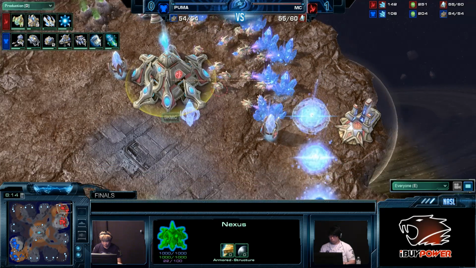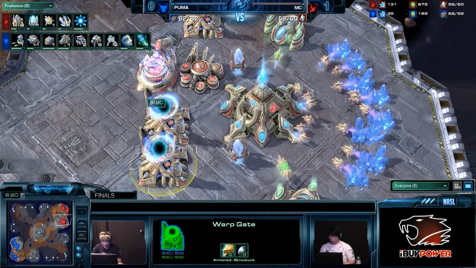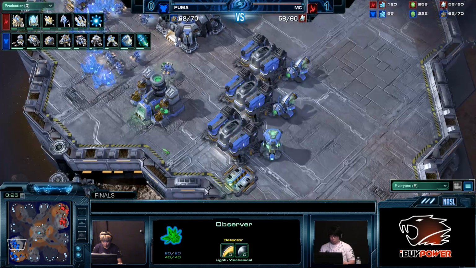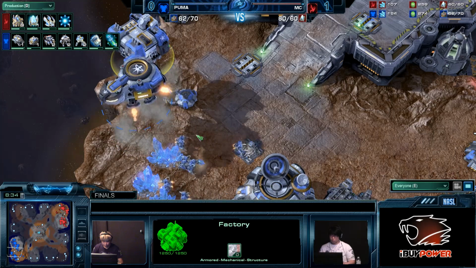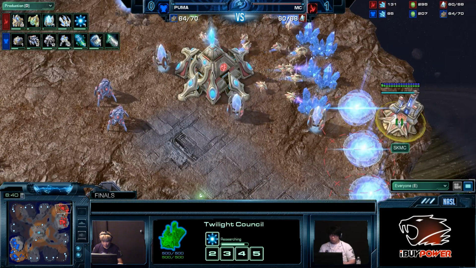Yeah, and what's cool is that PuMa's been really showing that he can manage his economy really well. He's going for a lot of earlier upgrades and delaying that starport. It's around 8.5 minutes, and the starport is just wrapping up. And so he's favoring a stronger core army again, just like what MC wanted to do with his early Blink Stalker upgrade. Now, something kind of cool: MC tried to use that Warp Prism, and